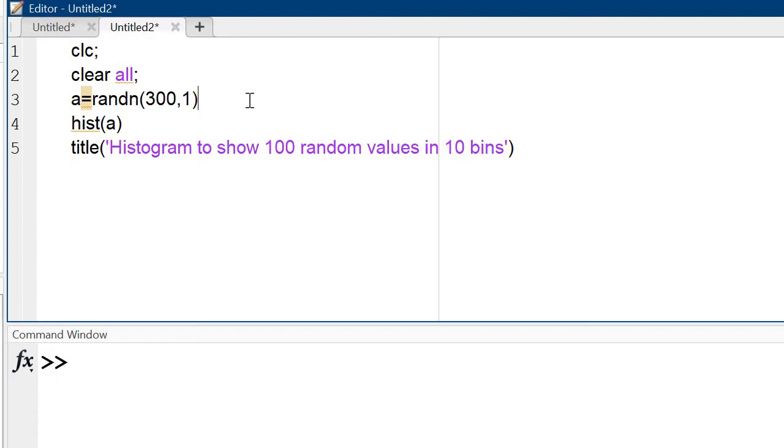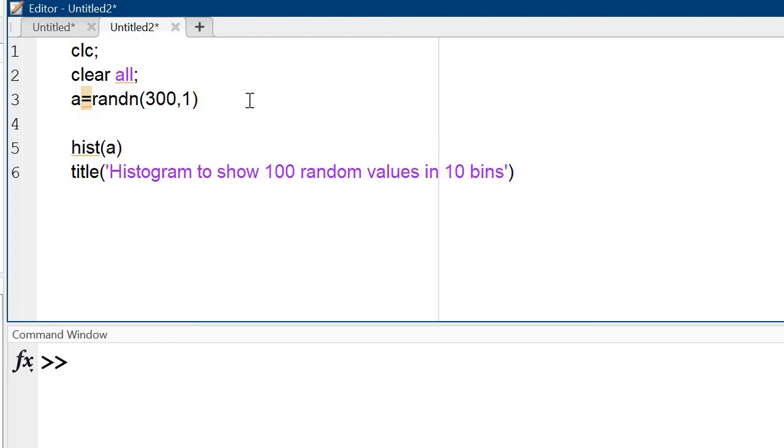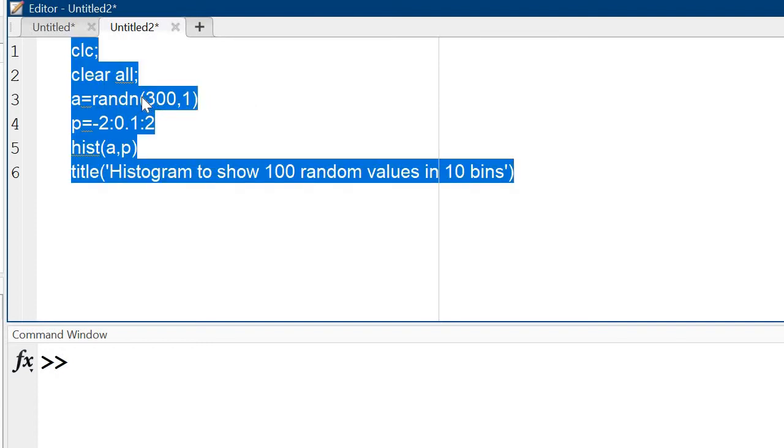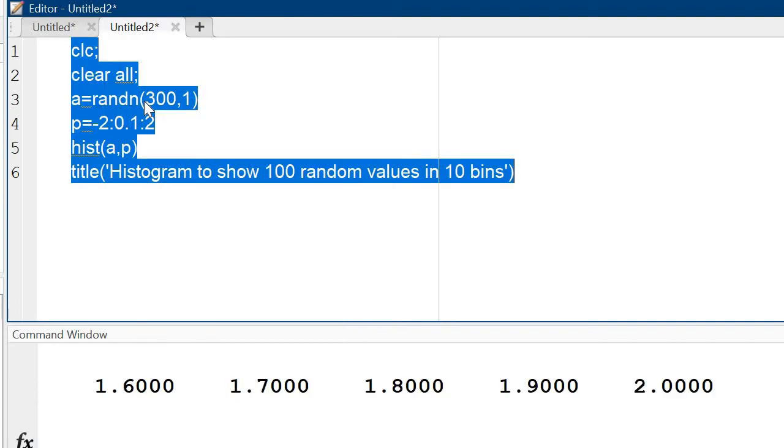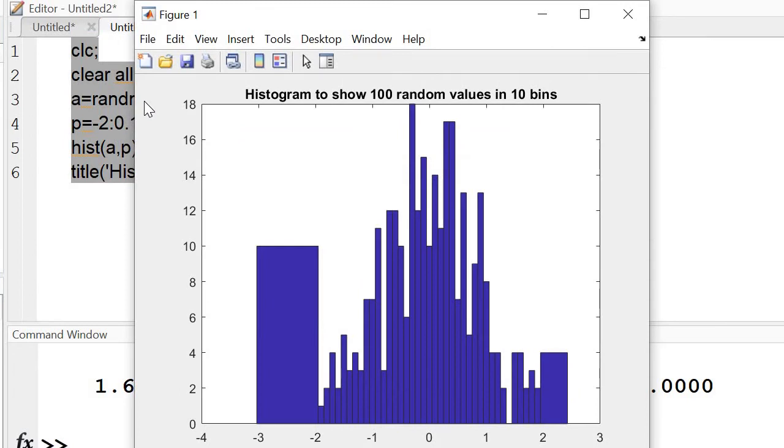Now after that I am taking P is equal to -2 ratio 0.1 ratio 2, with A comma P. So the result is this one. Okay.